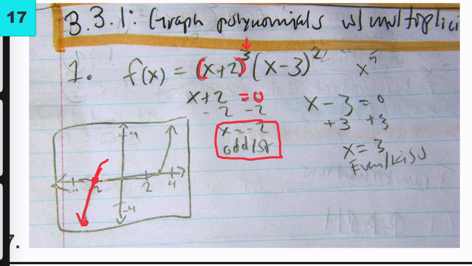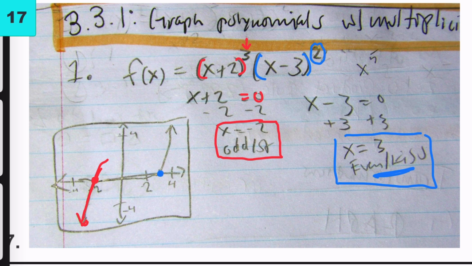Okay, let's take a look at their other one. x minus 3 is their factor. They set it equal to 0, and they have x equals 3. You look at their number here, that is a 2, and that's why they wrote even kiss, which is correct. So here,